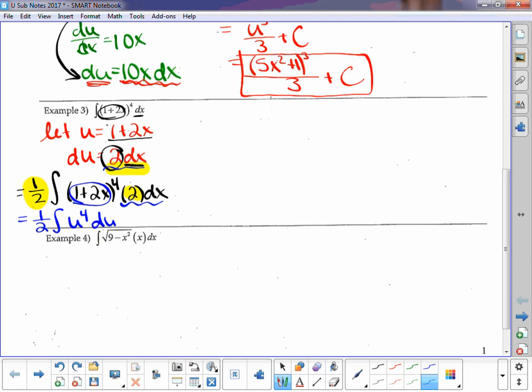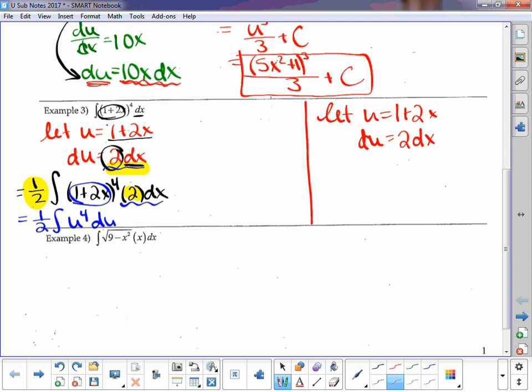Okay. Now I'm going to pause. I know that we can finish integrating this, but I want to show you the other way that you can adjust this as needed. So I'm still going to let u be 1 plus 2x, and du be 2 dx. So the other way that we could adjust this to make our integral match nicely is that, again, I